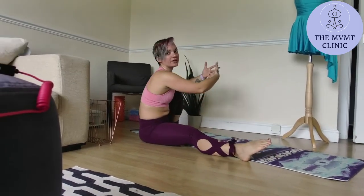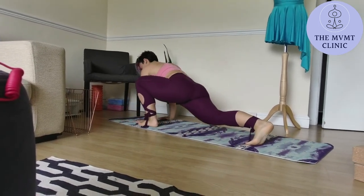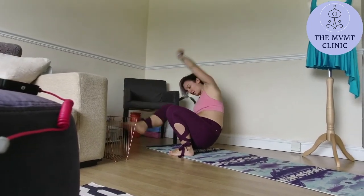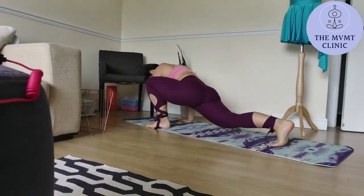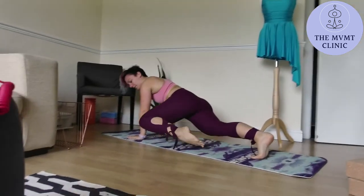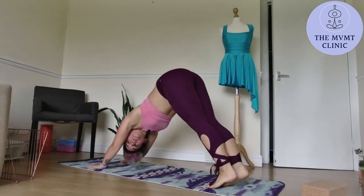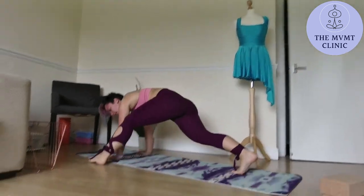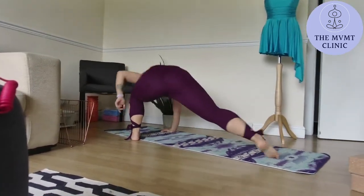sit if you want the extra exercise, back up, take it back into a low lunge, through, back, leg up, knee to elbow, leg up, and back to start. And then we take it back to the other side. So again, we do left, here, through, up, here, side,